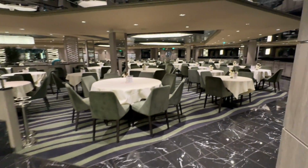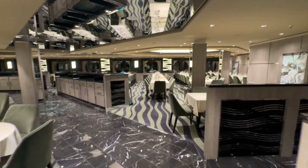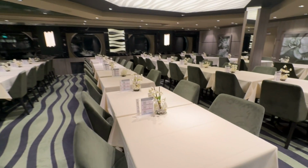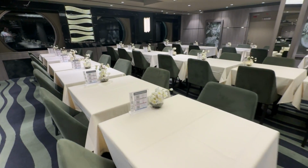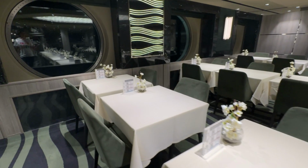When you enter the main dining room, you'll be shown to your assigned table. And as you can see, there are all different kinds of tables. We've got the round ones over here, and then over here, we've got the square and rectangular tables. Now, one thing that you'll notice is that the tables are all pretty close together. And I wasn't sure about that at first, but really, it's not too bad, because what that means